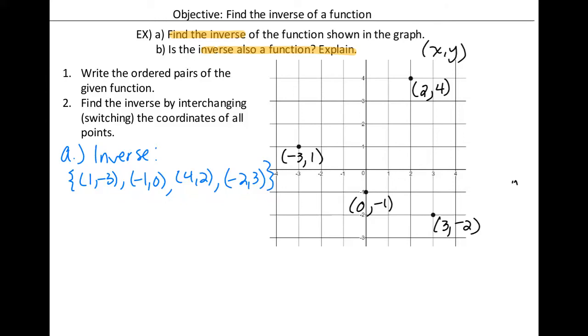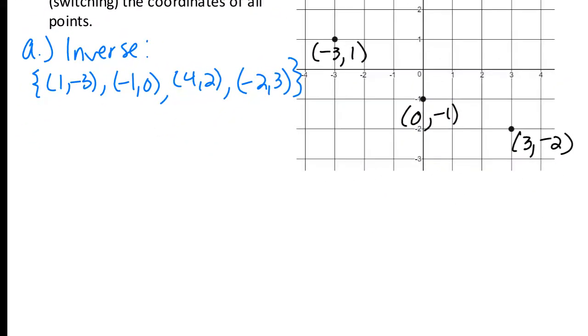I have my 4 coordinates, and then I need to check the domain. Are any of the x's repeating? So I see a 1, -1, 4, and -2. All of those are different, so because they're all different, every x has its own y. So then this one we would say, yes, the inverse is a function because every x value has its own y value. So for part B, we say the inverse